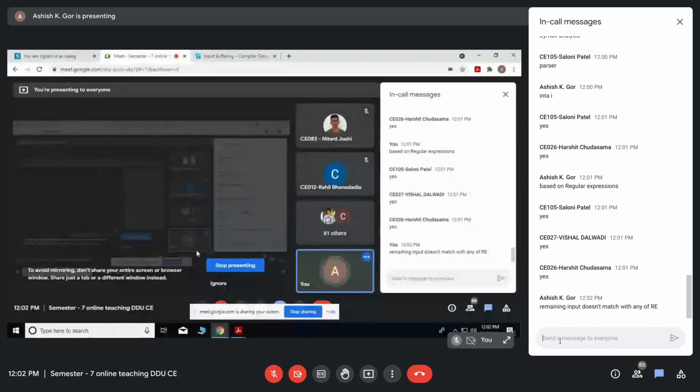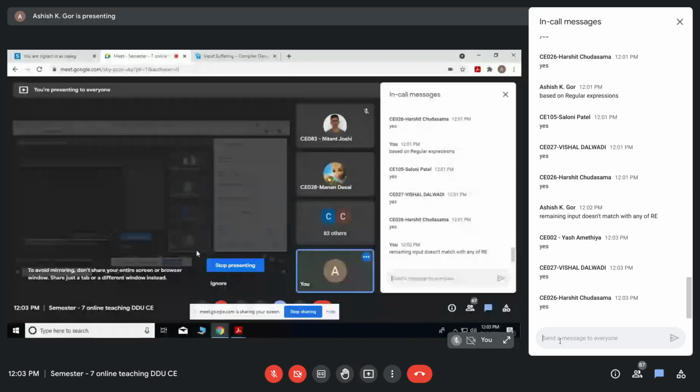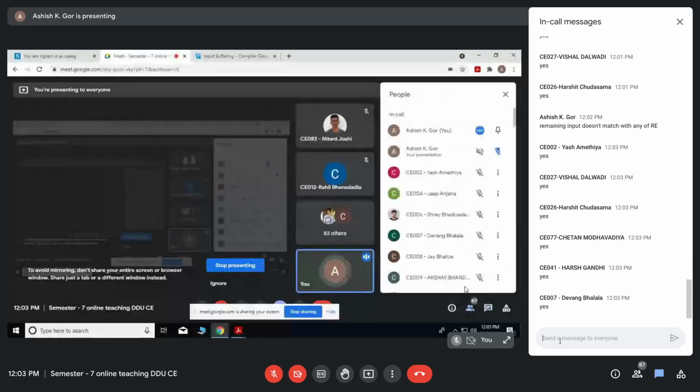But if it doesn't match any of those regular expressions, what do you think? Can it be considered as an error for the lexical analyzer phase? Yes, yes, is saying correct. What about others? There are approximately 85%.